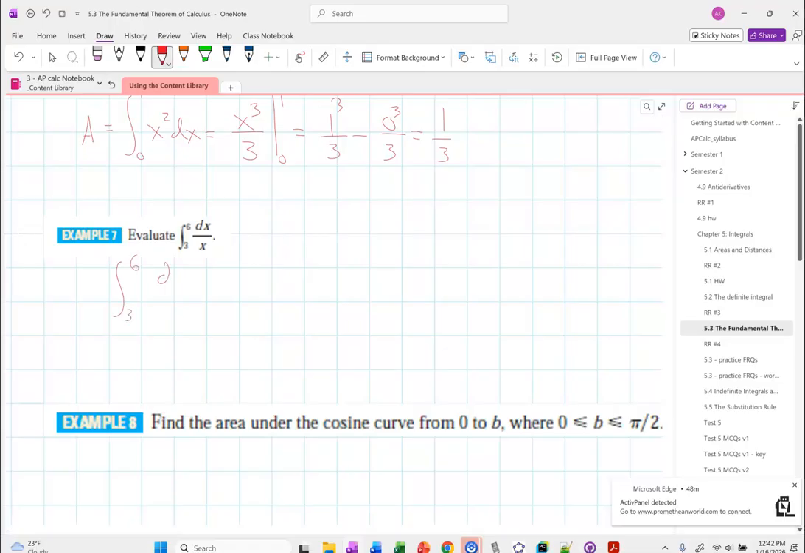Let's do this one. So this says dx over x, right? How should I think about this? What is the f of x here? What function are we integrating? 1 over x, right? What's the antiderivative of 1 over x? Natural log of x. Evaluated from